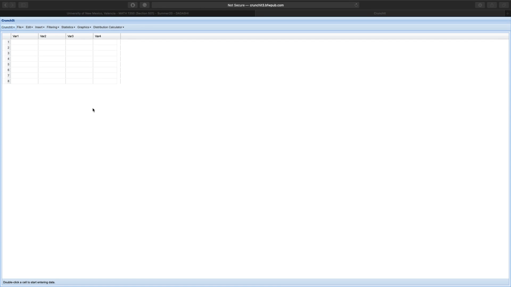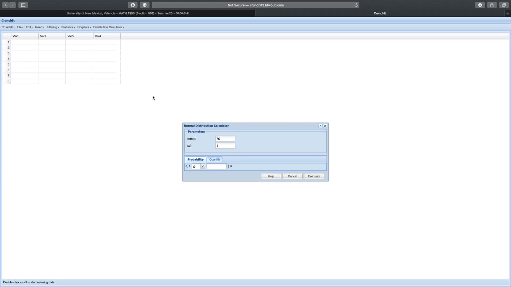In chapter 3, we are able to use Crunchy to calculate the probability when we have a normally distributed population with a known mean and known standard deviation. To calculate this probability or proportion, we go to distribution calculator, we choose normal, and then here we can change